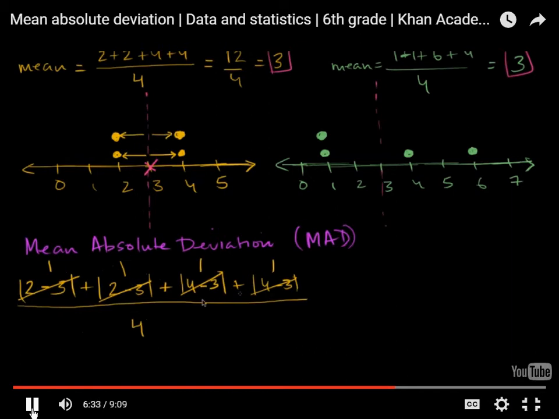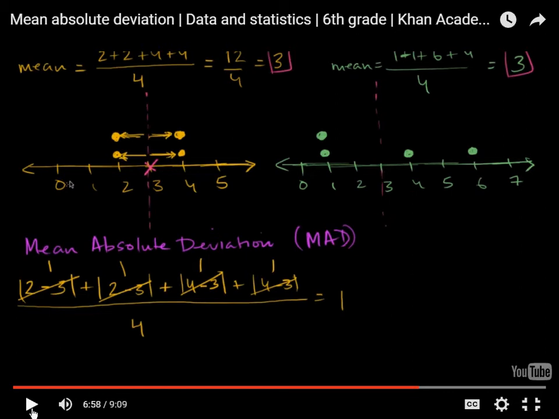So you have 4 data points. Each of their absolute deviations is 1 away. So the mean of the absolute deviations is 1 plus 1 plus 1 plus 1, which is 4 over 4. So it's equal to 1. So one way to think about it is, on average, the mean of the distances of these points from the actual mean is 1. And that makes sense because all of these are exactly 1 away from the mean. Okay. Now, the MAD is what? 1.